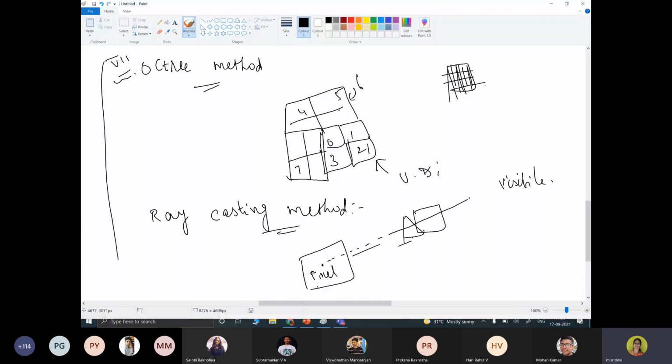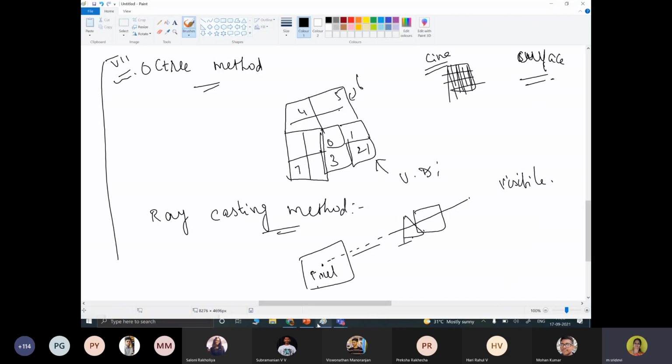This is for lines. Till now we have talked about surfaces. The last one is curves. Visible curves can also be found with the help of the ray casting method and the octree method.